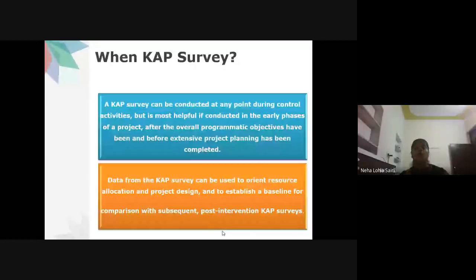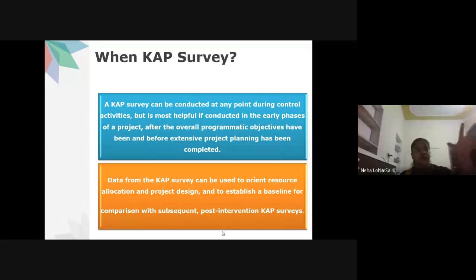It can be conducted in the early phases of a project. When you are starting a project, if you do a KAP survey at that time, it will help you more, after the overall programmatic objectives have been set and before extensive project planning has been completed. So you have to first plan your extensive project, what you want to do, and then before starting that, you